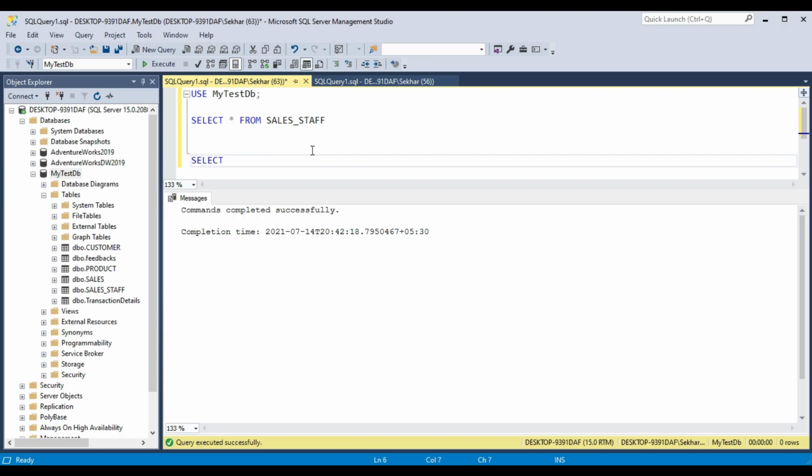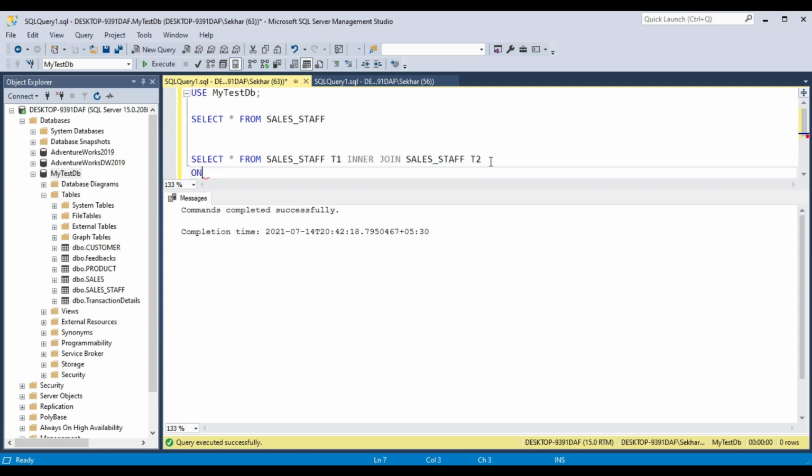We will write select star from sales dot staff, then we will use inner join with the same table, sales dot staff. The only difference is that we'll take an alias t1 for the first table and t2 for the second table.